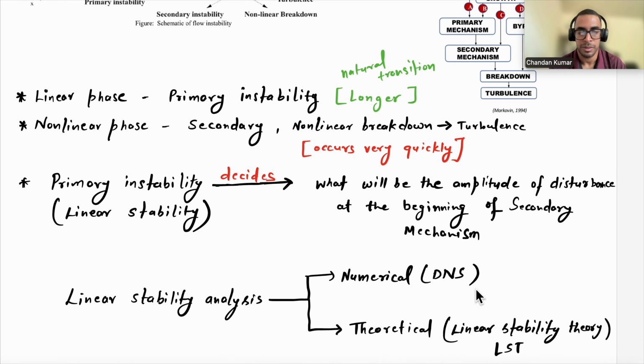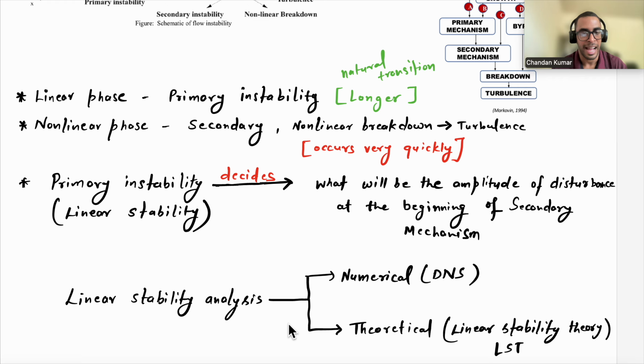Now, talking about linear stability, we have two different ways of doing it. One is the numerical way, where we perform DNS and we enforce very low amplitude disturbances in the flow, and we let it evolve with the flow, and then we save our flow field,